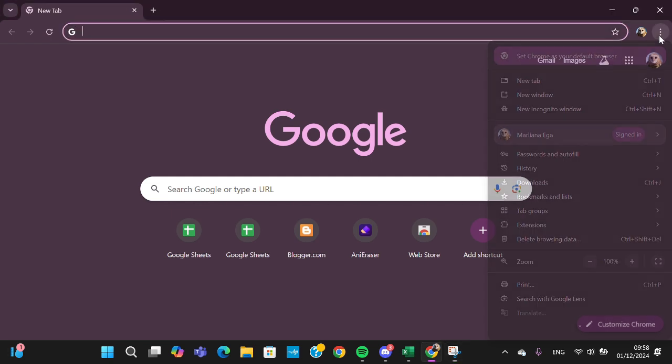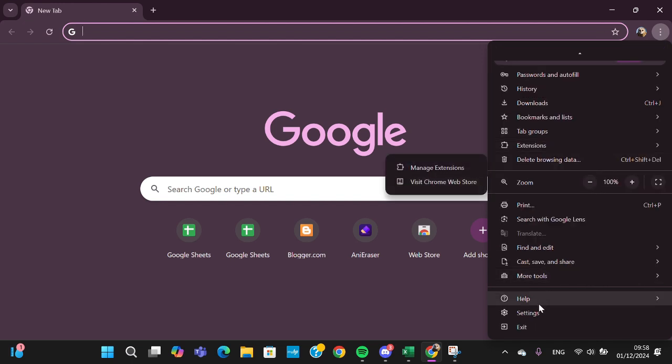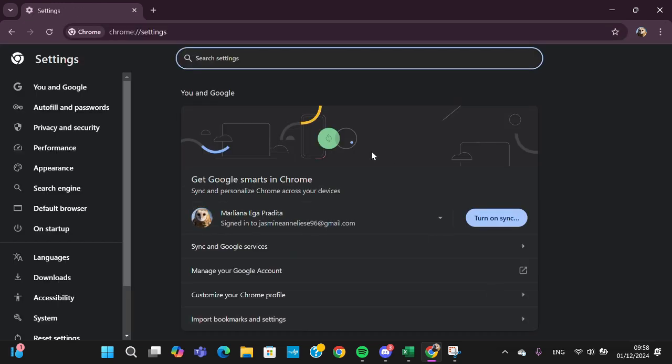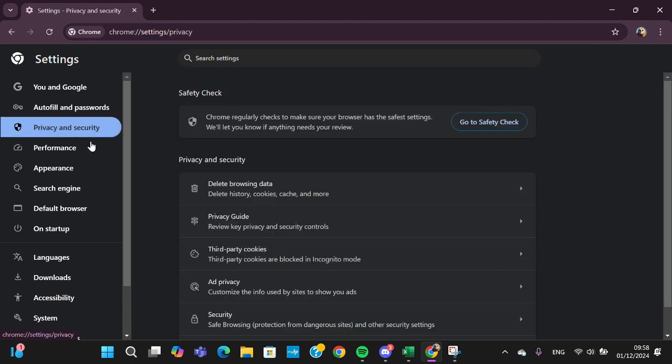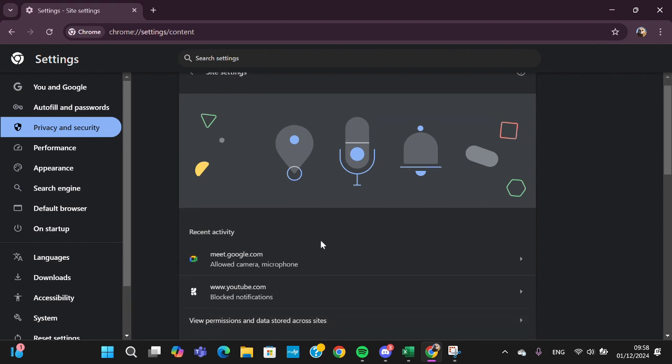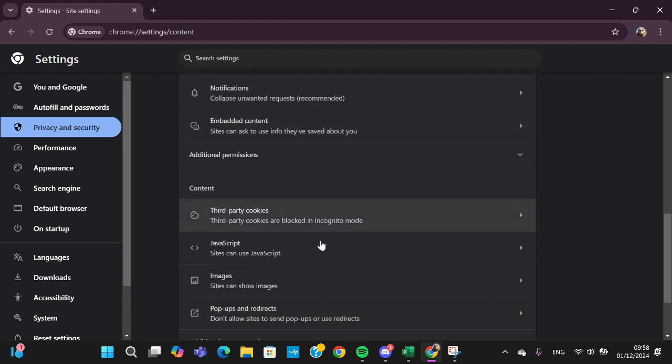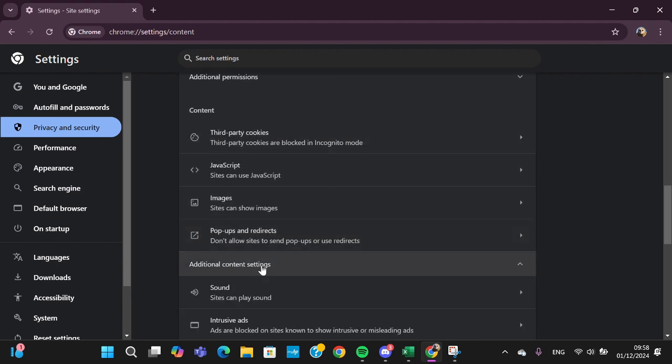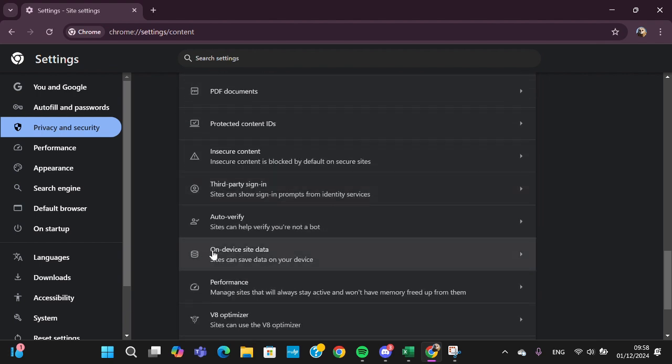We can click on the three dots on the top right and then select settings. And in the settings, we need to select privacy and security. Okay, and you can scroll down until you find site settings. And then go to additional content settings, and then you're going to go to the on-device site data menu,